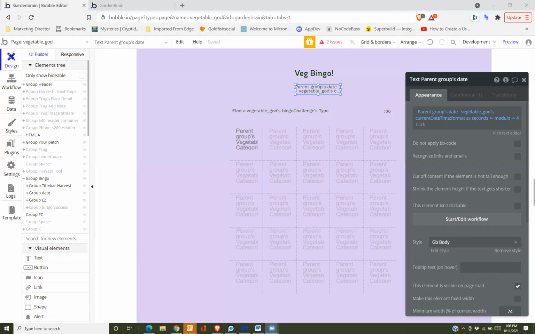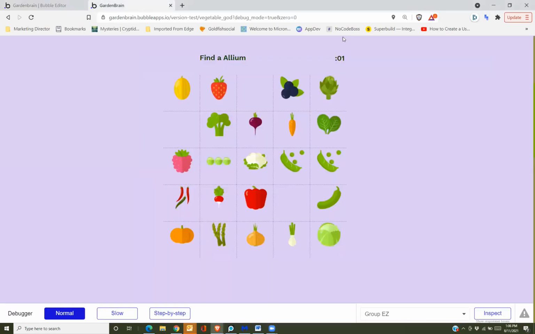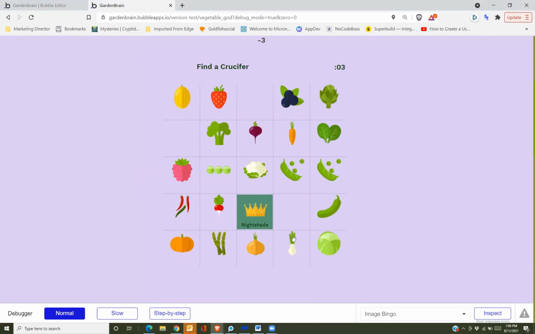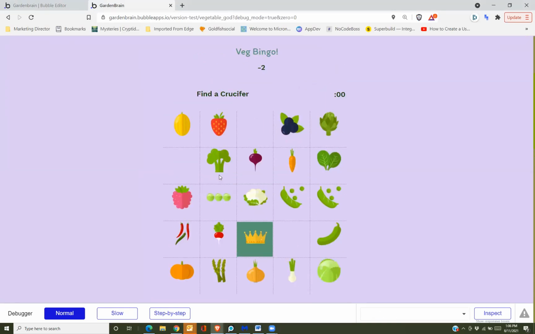Yes. Awesome. And can you see? I can. So this is all working okay. If you click on the wrong thing, it does that. If you click on the right thing, it does that. And then a custom state that's a list is tracking which are clicked on. And then when you click on 5 of the right ones in a row,